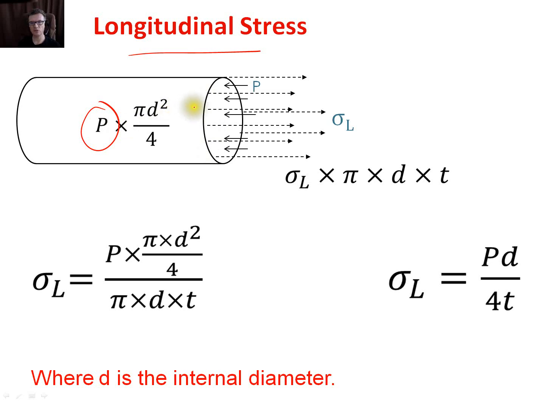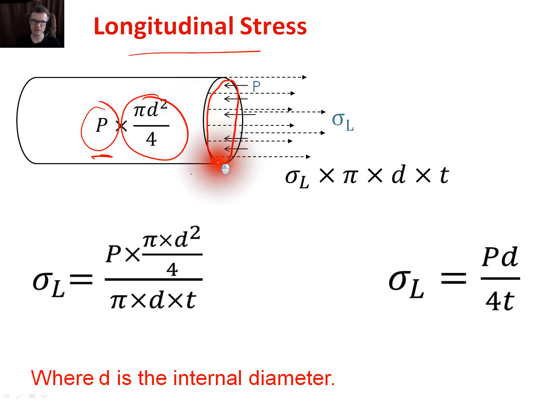So that means that the force of the gas trying to push it apart will be the amount of pressure inside the gas, and then the cross-sectional area that gas is pushing on either side, pushing either side apart, which will be the internal area in your cylinder. So we've got the pressure times the internal area of the cylinder. That will be the force of the gas trying to push it apart. We know forces have to equal one another, so the force of the gas trying to push it apart must equal the force, and now I'm going to go around the edge